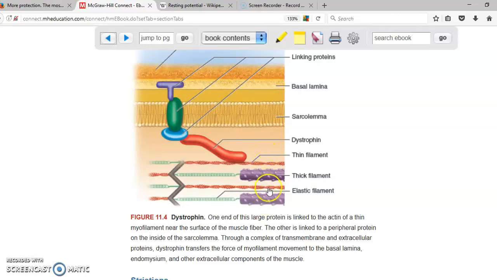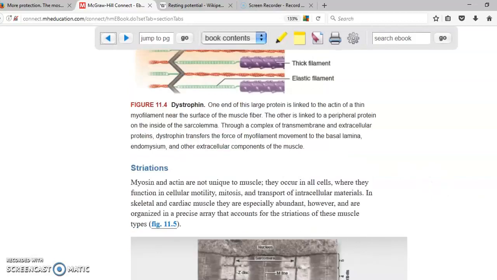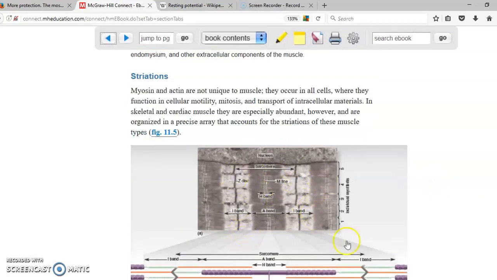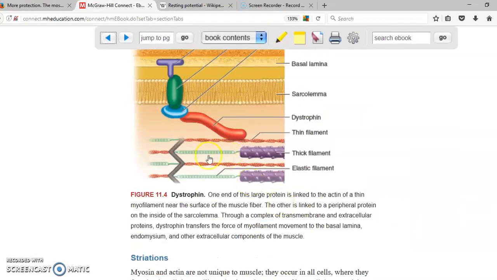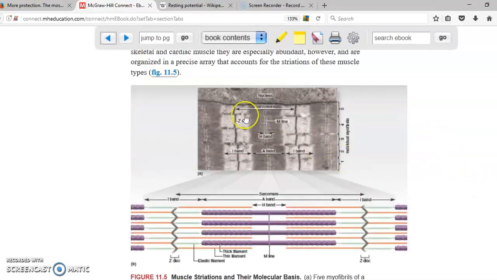Look at the distribution of these filaments. You have 1, 2, 3, 4. What do you have in here? 1, 2, 3, 4. But these ones are thicker. So if you look at this from far away, all this area is going to be darker because these are thicker compared to this area. So if you scroll down: clear, dark, and they come from right here, clear, dark. If you continue here, clear, dark, clear, dark. This is obviously shown in here. See by these columns? You can see that clear, dark,